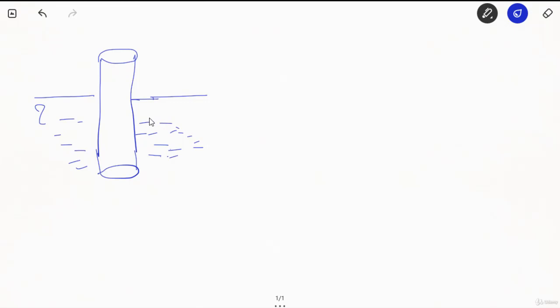The diameter of this particular section is d, and the mass of this bar is m, right? Now, similar problem, we again have to determine the natural frequency when this particular cylinder is slightly depressed